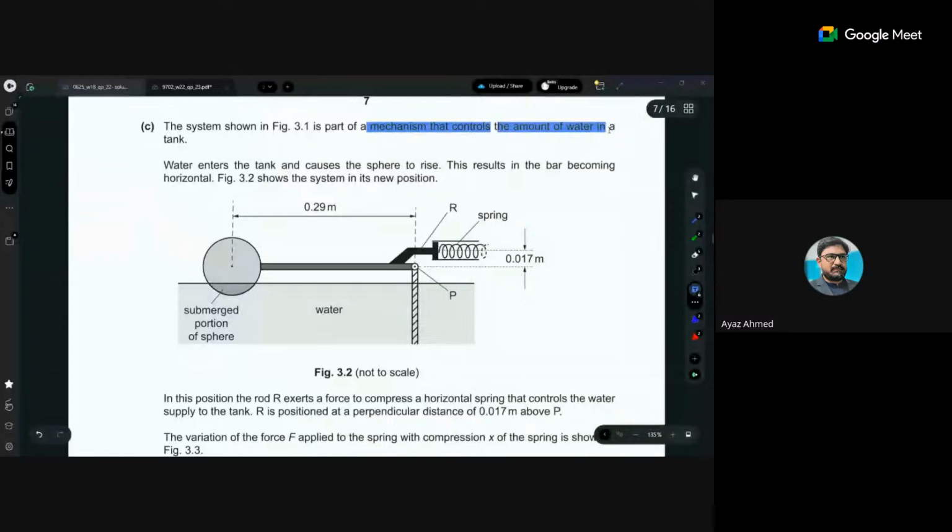The water enters the tank and causes the sphere to rise. This results in the rod moving to horizontal. यहाँ पास क्या होता है? Horizontal. And now this is the system at the first level, and that brings the height of